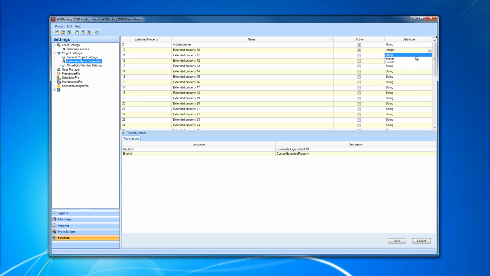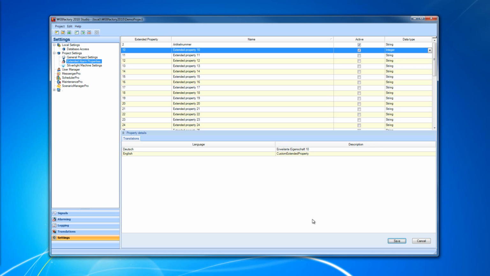And remember that if we select string as a data type, we must use the contents as string, and this rule goes for the integer and double options. So if we select a data type, the contents of our extended property must be the same with the data type. So I'm gonna select integer because I'm gonna want to use numbers in my extended properties,